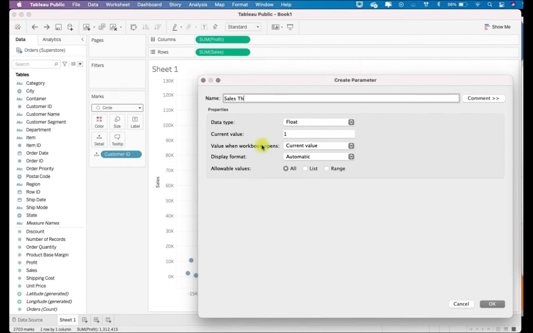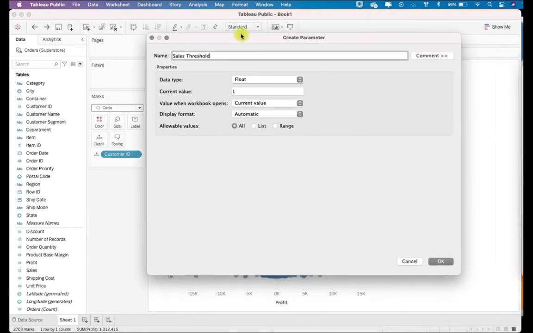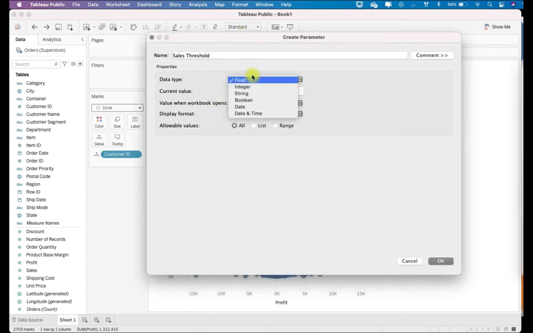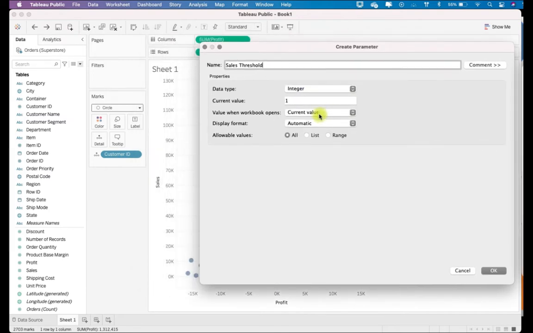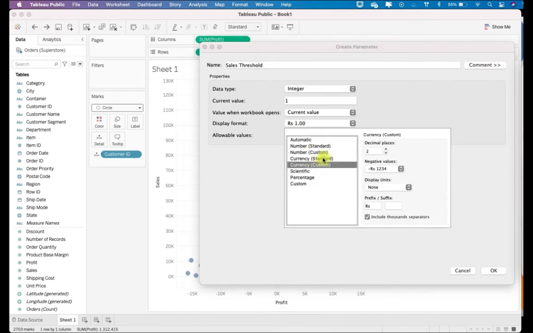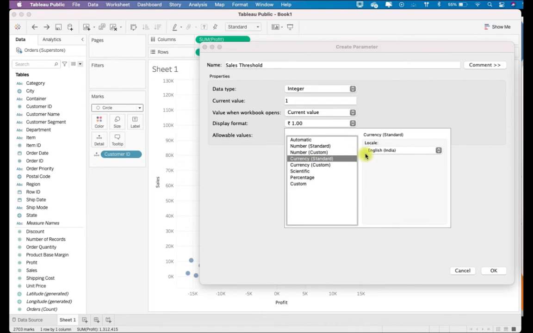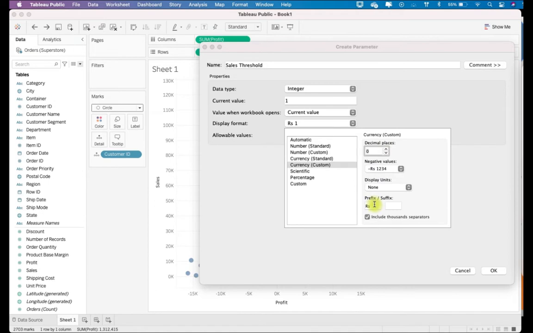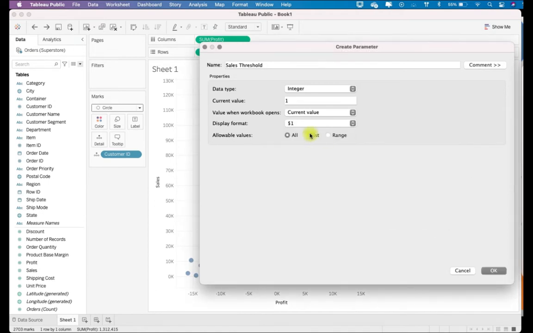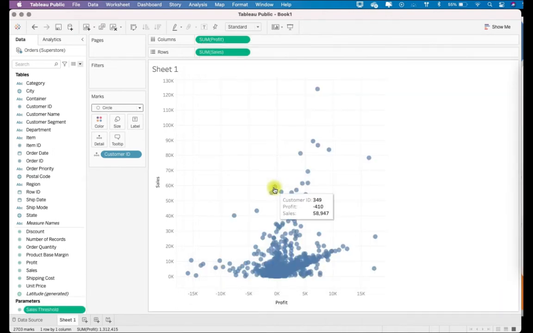We will highlight all the values below this, and so this will be integer and current value 1. Okay, that's fine. And format, maybe we can change it to currency. Custom, this should be dollars. Okay, and that's it.